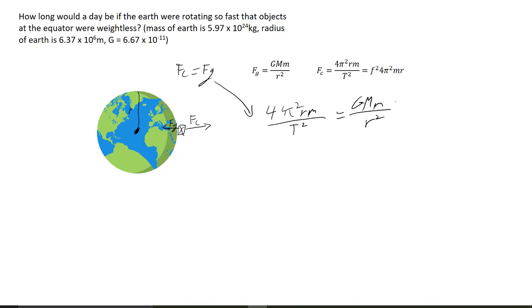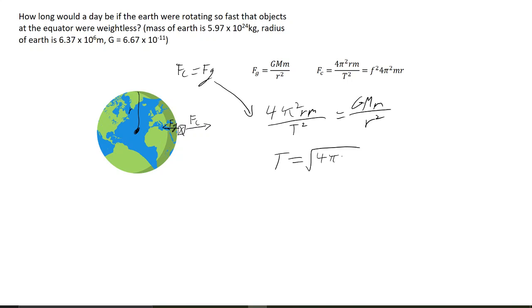From this we need to rearrange for T because we're looking for how long a day would be, and T is for time of one period. So T equals the square root of